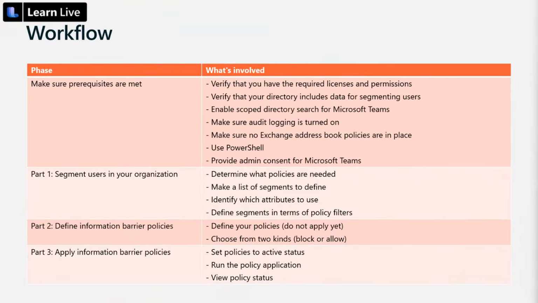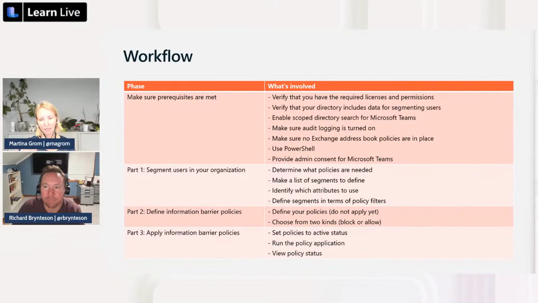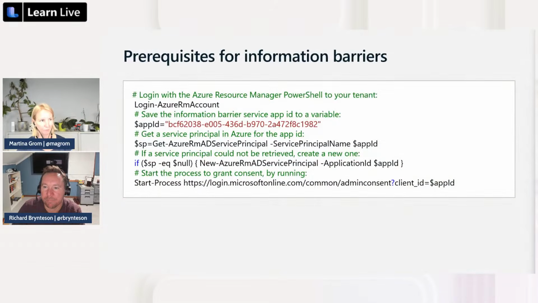Configuration of information barrier policies, I still like the PowerShell approach because I have a worksheet in Excel, and from that I'm defining my policies, and then I do the configuration through PowerShell, then I wait a little bit, give it some time, and then the information barrier policy is in here. Also think about the prerequisites are really important in that case. Scope directory search is the first one you have to enable, and then follow those steps which are here in the table, which I won't read through.